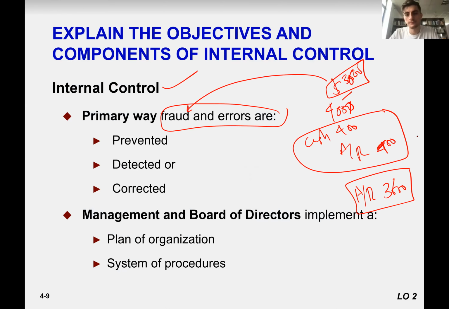So you can reverse the entry and say, okay, I made an error, but the cash is already deposited. Look at the cash balance. The cash balance will be exceeded by 3,600. But if there is no cash, it means you just took the cash in your pocket and wrote down 400 as an entry. So that is fraud. Internal control basically is implemented to prevent